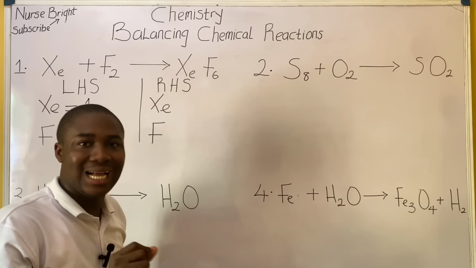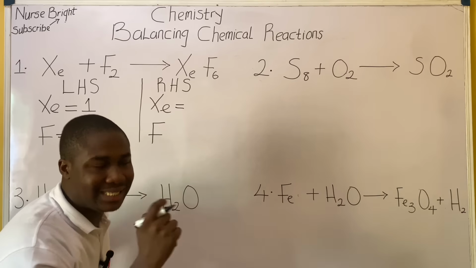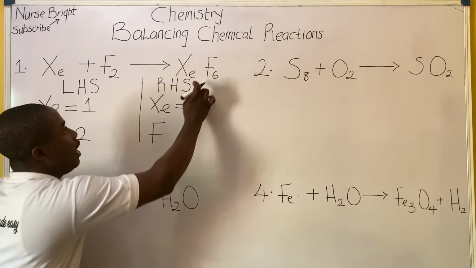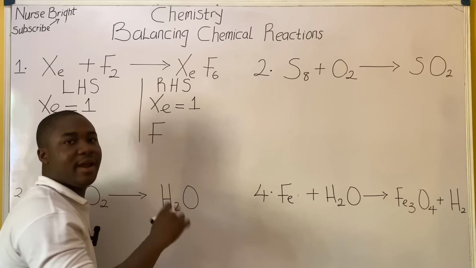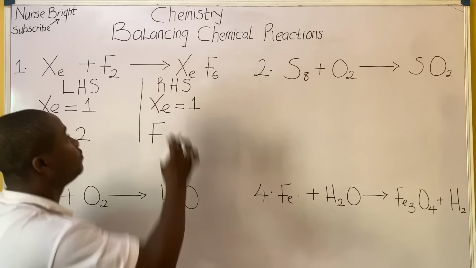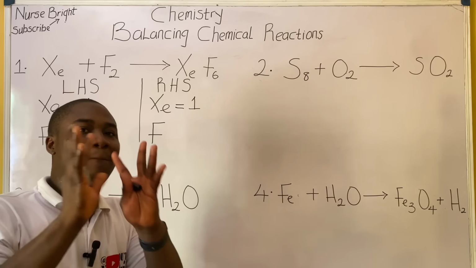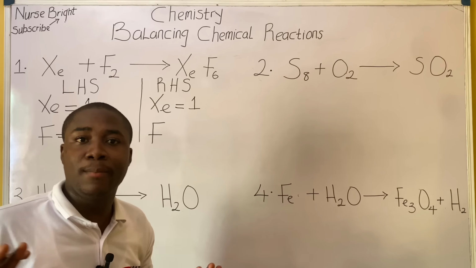On the right hand side of this reaction, I am seeing just one xenon. It is simple, it is not difficult. Let's say 2 was here, it's going to be 2 xenon. Let's say 3 was here, it's going to be 3 xenon. Are you there? Let's say 2 was at the front, it's going to be 2 xenon as well. But listen, I'm going to tell you some things you must note so that you don't make mistakes